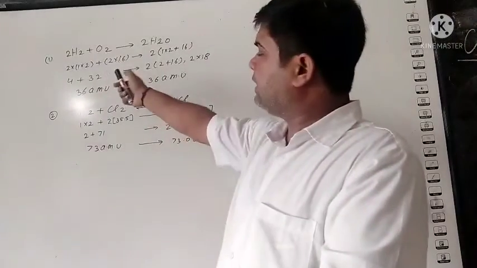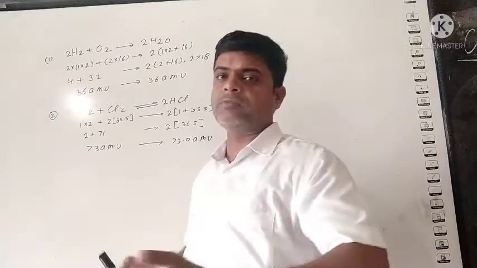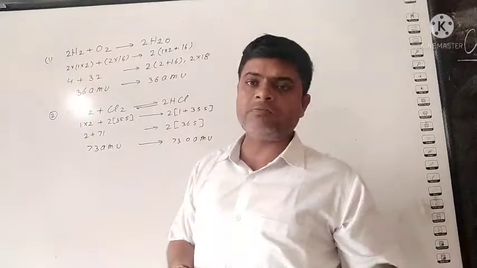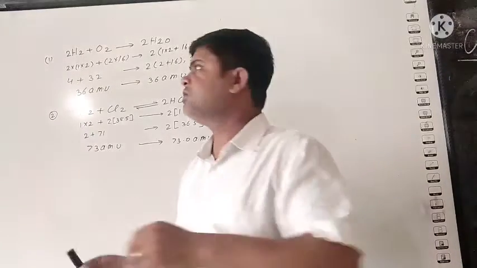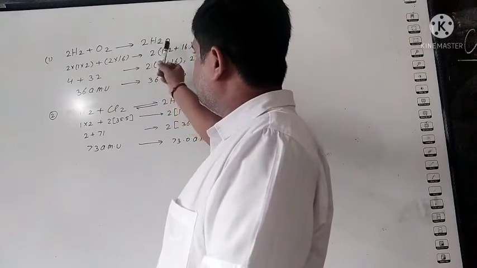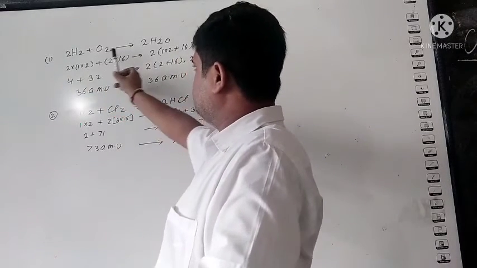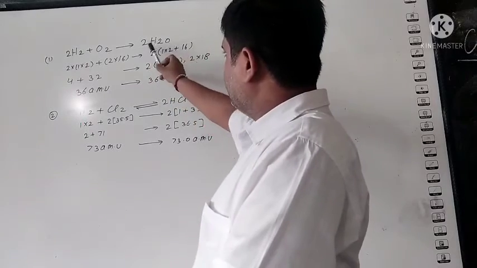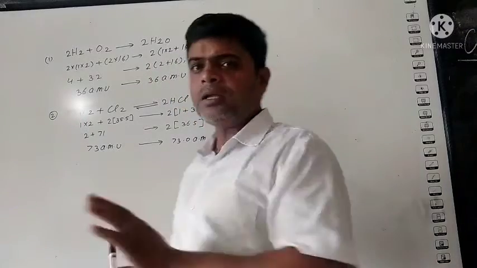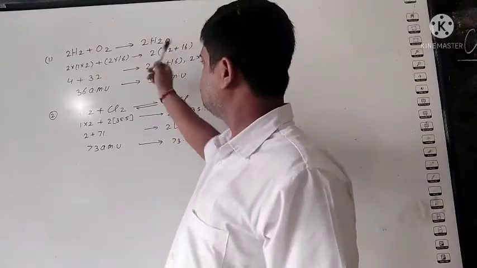So, how will you prove that the chemical equation shows the law of conservation of mass? According to the law of conservation of mass, the mass of reactants equals the mass of products. How will you prove it? See, hydrogen reacts with oxygen to form water. See, 2 times 2 is 4 hydrogen, 2 oxygen on the reactant side, and 2 times 2 is 4 hydrogen and 2 oxygen on the product side. Clear? It is balanced.